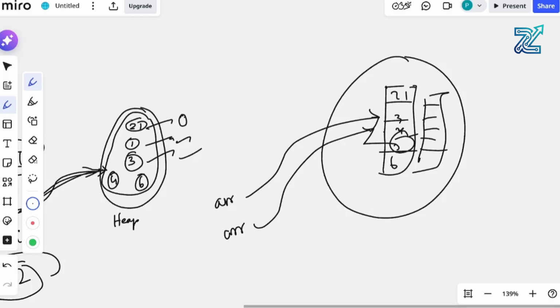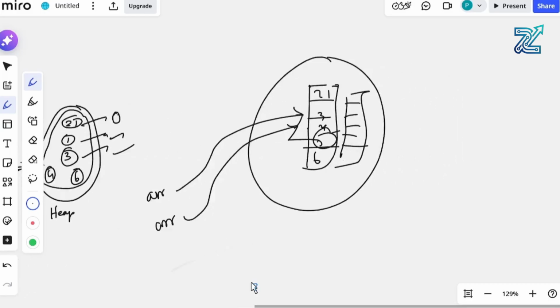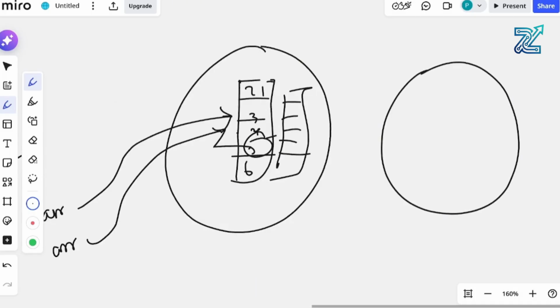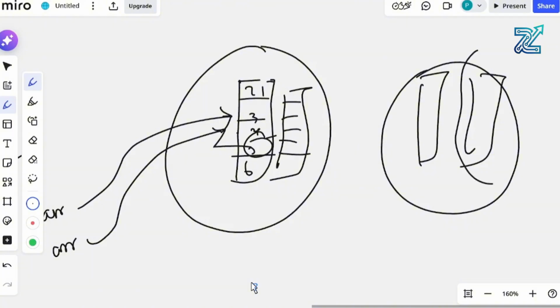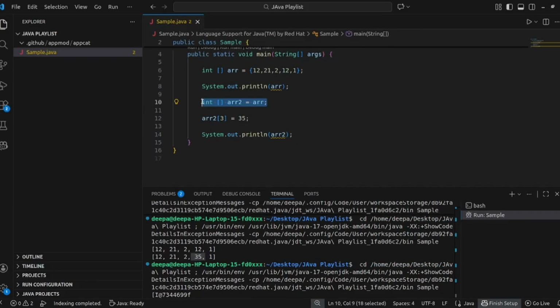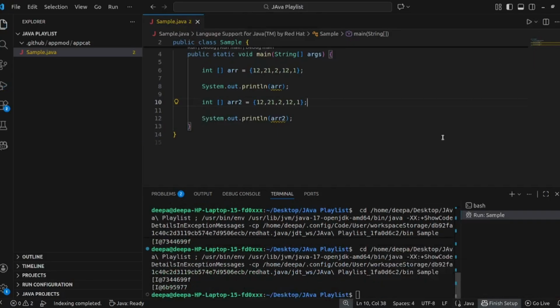So if you use array dot copy to, then there will be a new array which will be copied here, and this will have a different address. For example, if I try to create another array, okay, I am not copying it, I am just creating another array. After that, now let us check this. So what will be the output? Okay, if I try to run this, see here we have a different address